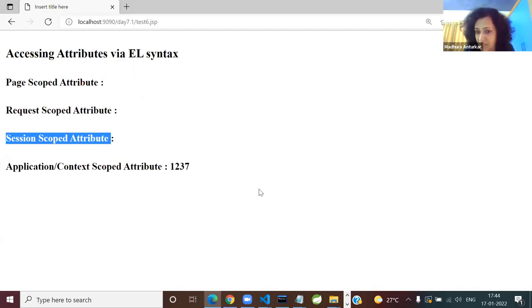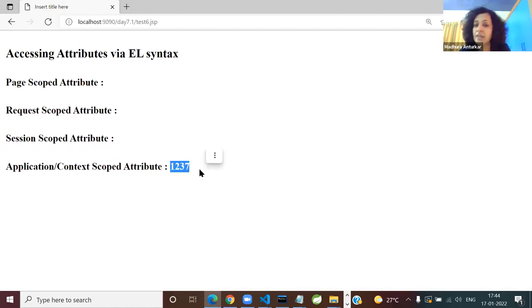They have different session IDs, and the one for the second user contains an empty attribute map. There is no attribute by that name, but since context scope attributes are shared across multiple clients and multiple requests coming to the same web application, this survives. Understood the output? And I hope you are realizing testing and understanding everything becomes so easy in JSP. Got it so far? Full clarity?